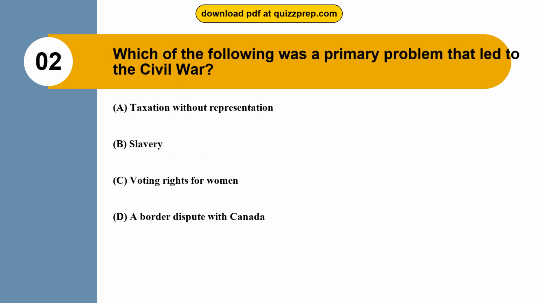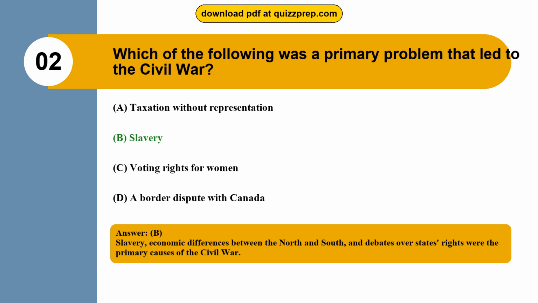Question 2. Which of the following was a primary problem that led to the Civil War? Option A. Taxation without representation. Option B. Slavery. Option C. Voting rights for women. Option D. A border dispute with Canada. The correct answer is option B. Slavery. Slavery, economic differences between the North and South, and debates over states' rights were the primary causes of the